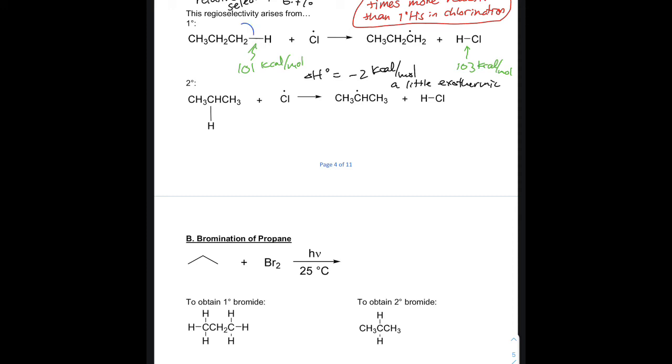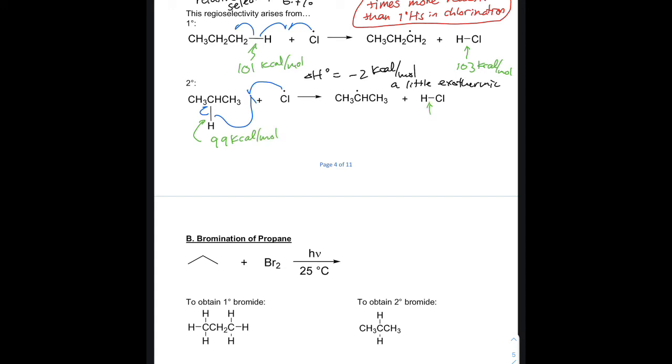Now, I didn't show you the mechanism here, so maybe I'll show that here. I want you to notice how I'm showing two half-headed arrows coming from that CH bond, because in a CH single bond there are 2 electrons. Now, with that, let's think about this bond that's being broken, which is around 99 kilocal per mole,